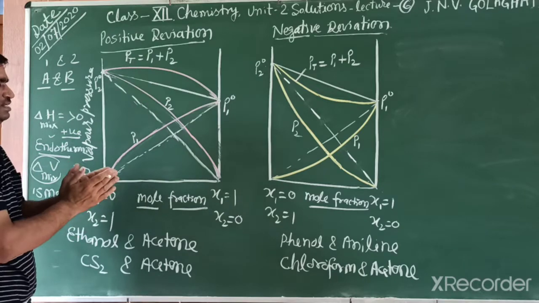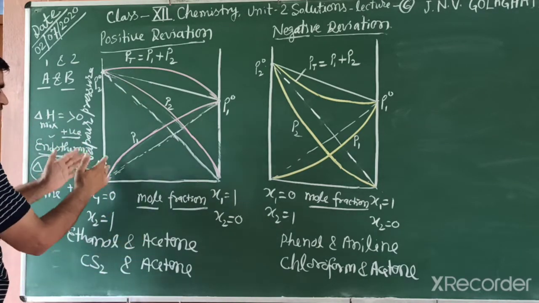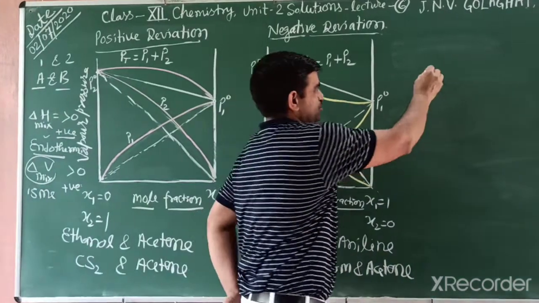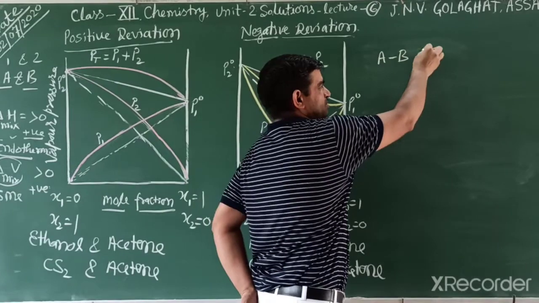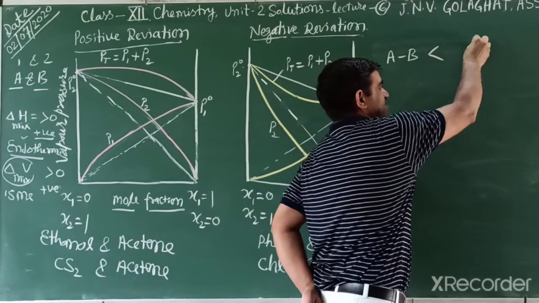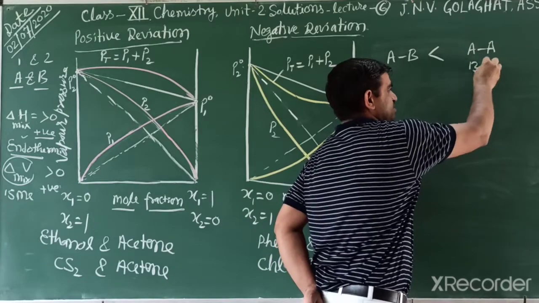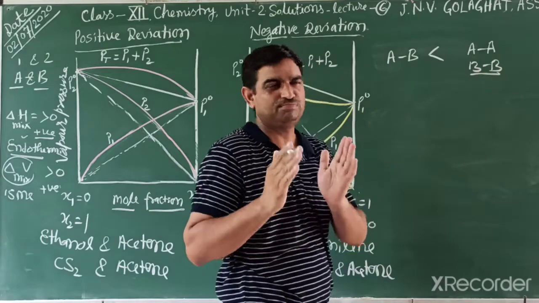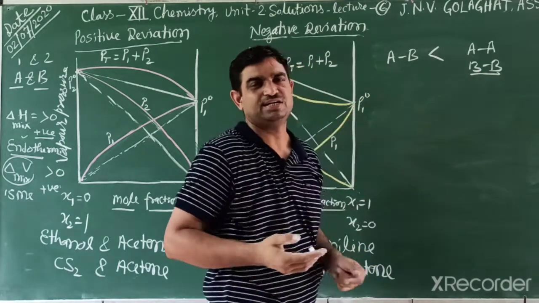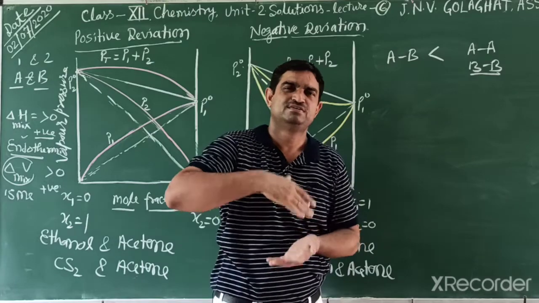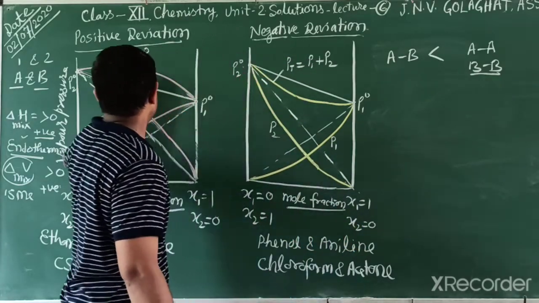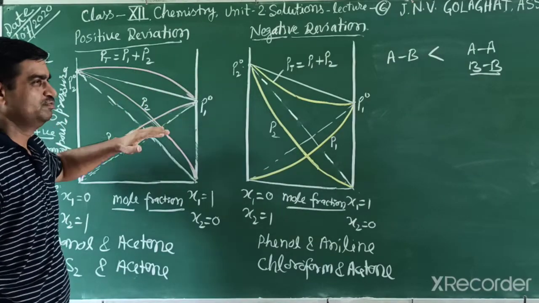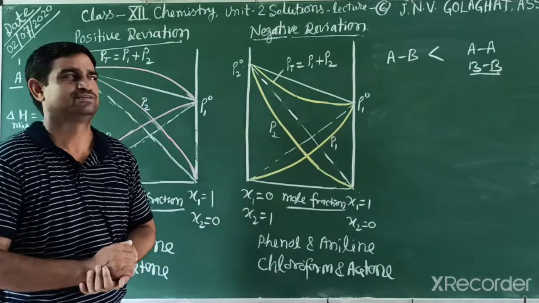But what happens when we mix? Then a new force forms between solute and solvent, and that is weaker. If the new force between A and B is weaker than the AA type and BB type forces, then the molecules easily evaporate and vapor pressure increases. So overall, in this type of positive deviation, this upper line is the total pressure. And we can explain it by an example.